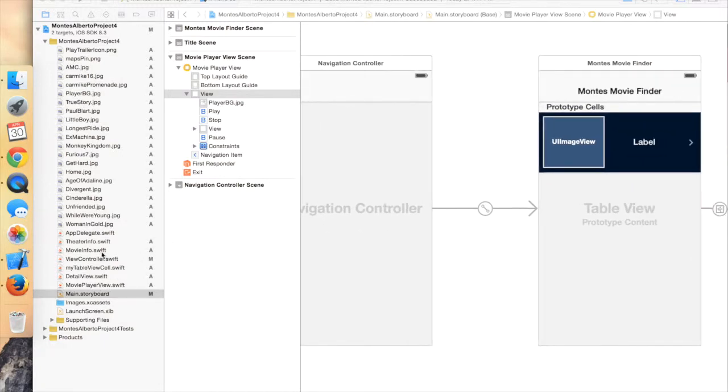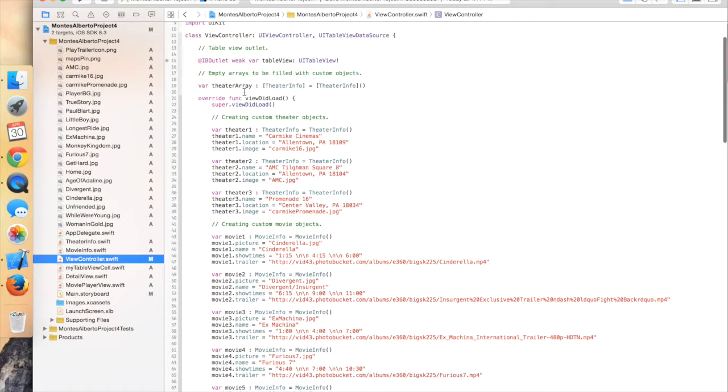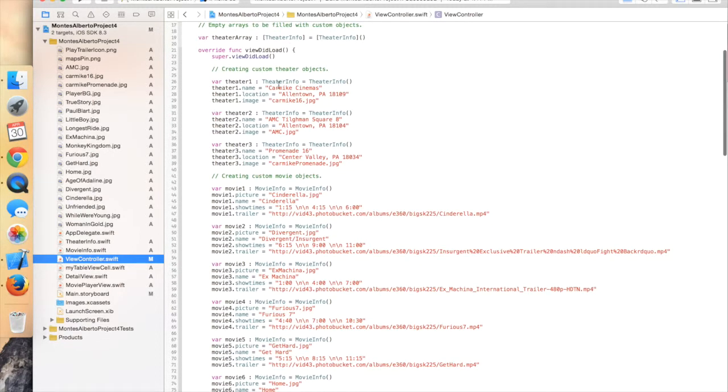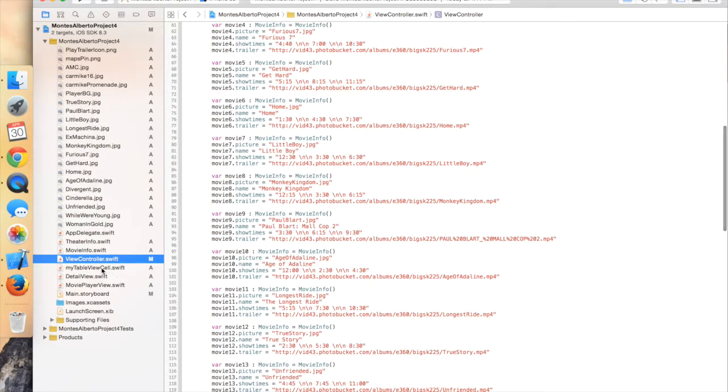I'll give you a look at my code. So the first thing we do, we have an empty array, theater array of type theater info object array. Then I hard-coded all my objects. I create my theater objects here, my theater info objects, 3 of them. And then I created my 15 movie info objects. And you can see,